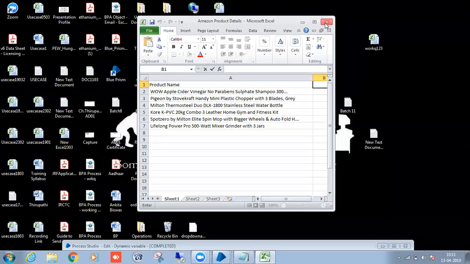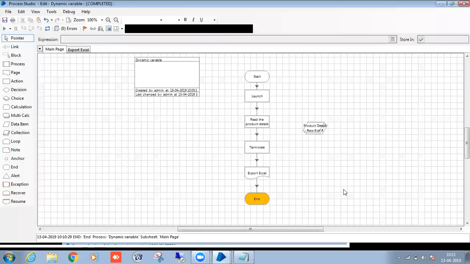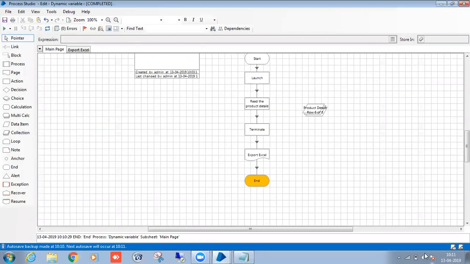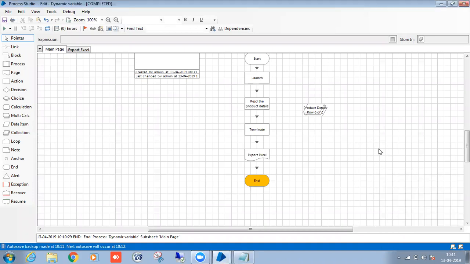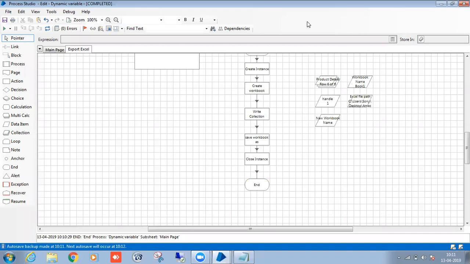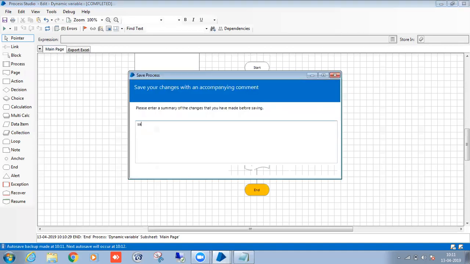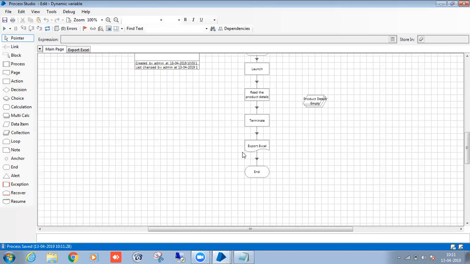Any questions? Okay, this is about the dynamic path. Okay, any question? Please do ask. And try to do the same with taking the product price. Now I have taken the product details, right? So you guys will take the product price and write it.